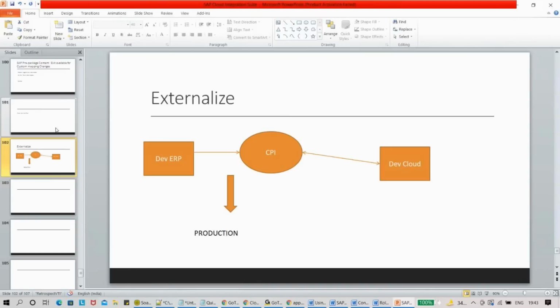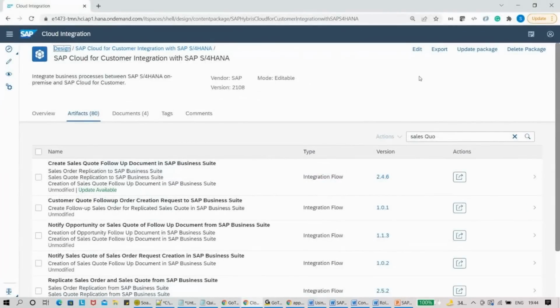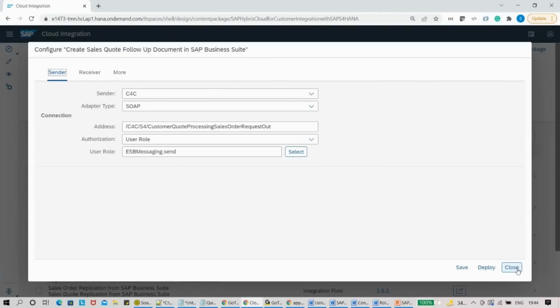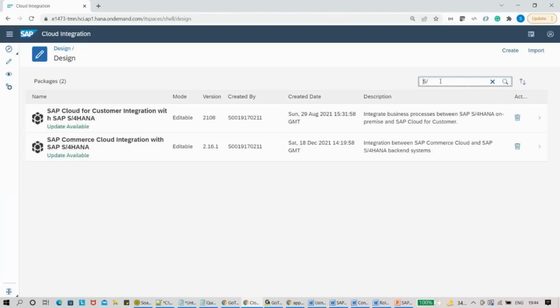So whenever SAP is releasing any kind of iFlow, they have to keep it very generic, so that people can easily fix or pass their host details. So in case you look at the standard, as I talked about yesterday, for every iFlow you will have this configure option where you can pass different kinds of settings. So in the same way, I think we can also enable it for the custom iFlow,